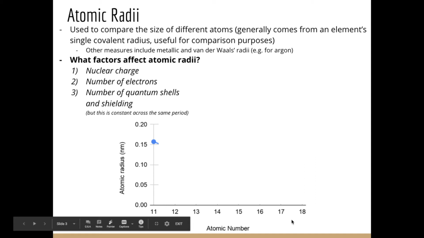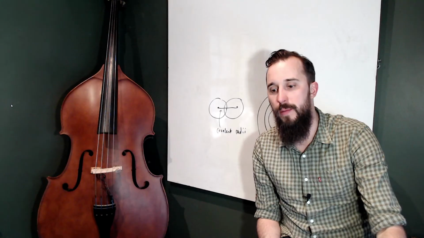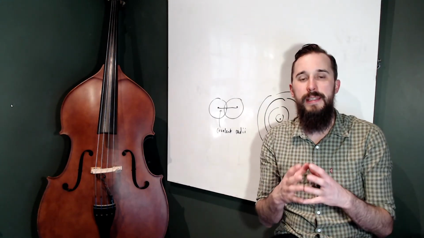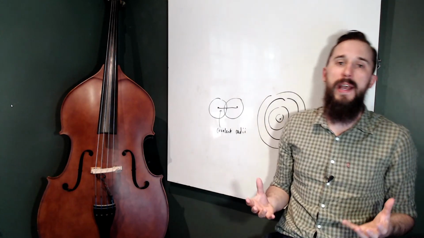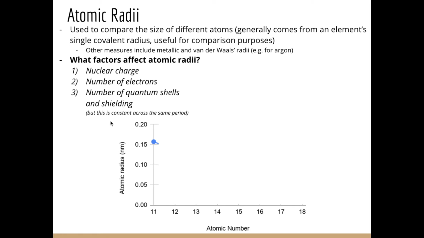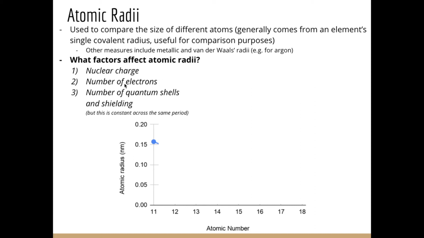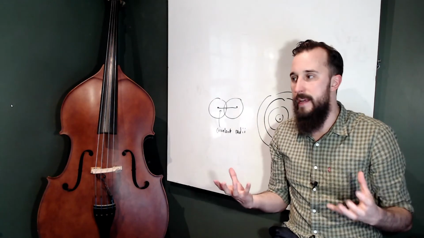Based on these factors, what do you think is going to happen to the atomic radii? Well, one of the things we know about protons and electrons is that they attract one another, an electrostatic force of attraction between positive protons and negative electrons. So if we have the same number of quantum shells and the same shielding, what we're going to see is what happens as we increase the nuclear charge, because that's what happens in the periodic table as we go from left to right. We're increasing the nuclear charge, and we're also increasing the number of